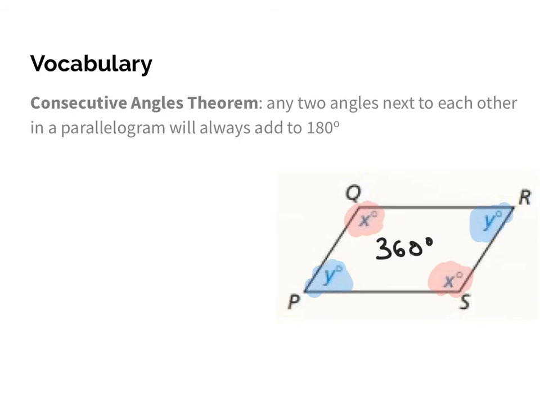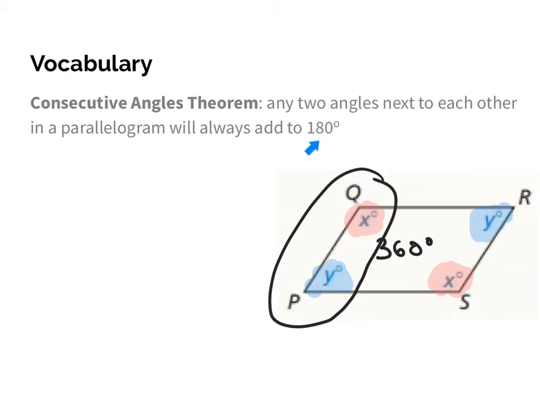So what ends up happening is that if I look at what are called consecutive angles, they are any two angles that are next to each other, not across from, but next to. So think of, for example, P to Q, or I could do even Q to R, or R to S, or P to S, whatever it might be. Just notice the color, I have red and blue there. So what we are going to say is that anytime we have consecutive angles, they are always going to add